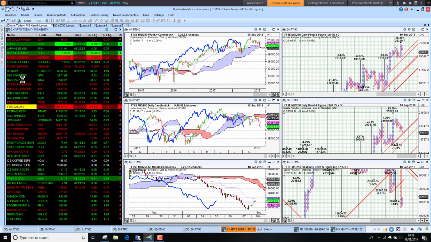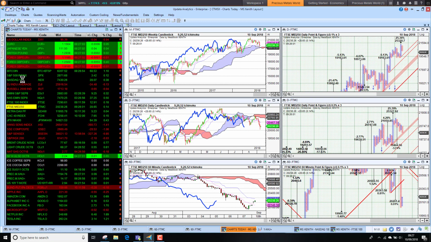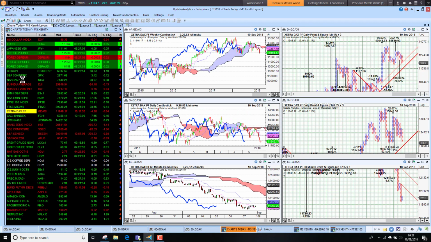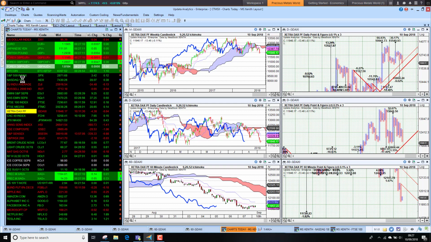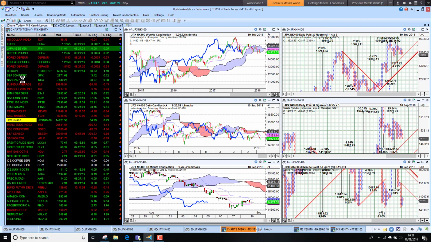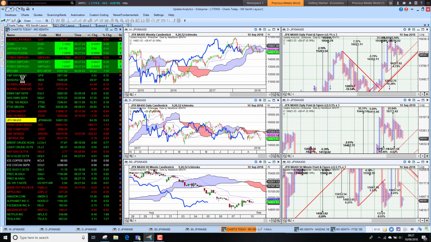And the mid caps in the UK also just struggling and looking more and more bearish, looking at that medium and short-term chart. The DAX in Germany also looking bearish this morning, just having started strongly, falling away again, and bearish on all three time frames. And the CAC 40 starting to look pretty bearish there as well. Japan overnight actually did close a little bit higher, but still bearish below the cloud on the medium and short-term charts.